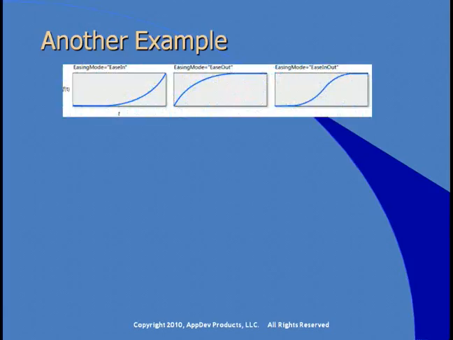Our next example uses a quartic easing function. A quartic ease starts very slow. Watch the slope of that line from left to right in the first chart. After it starts really slow, it starts speeding up quicker and quicker and quicker. So imagine you were changing a color from, say, yellow to red. In this case, we start moving very slowly, but over time, the color changes faster and faster and faster until